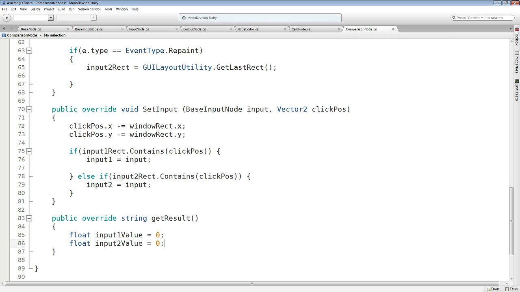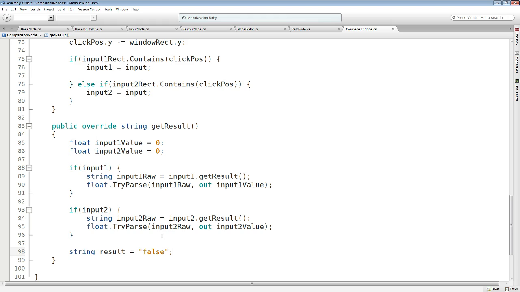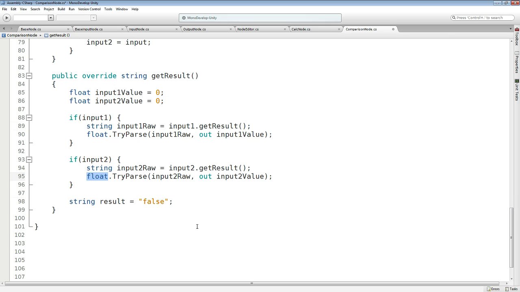We want our values first, and same as before, we check if there is an input 1. We try and make it into a float. If there is an input 2, we try and make it into a float. The default value for the result is false, and then we create